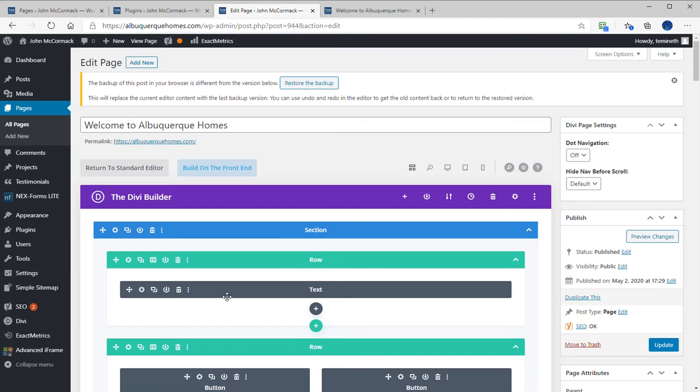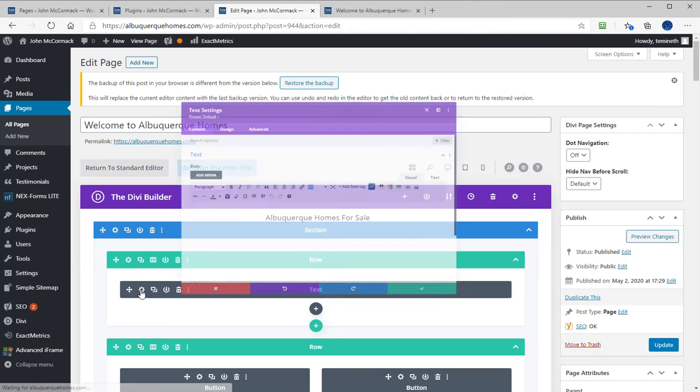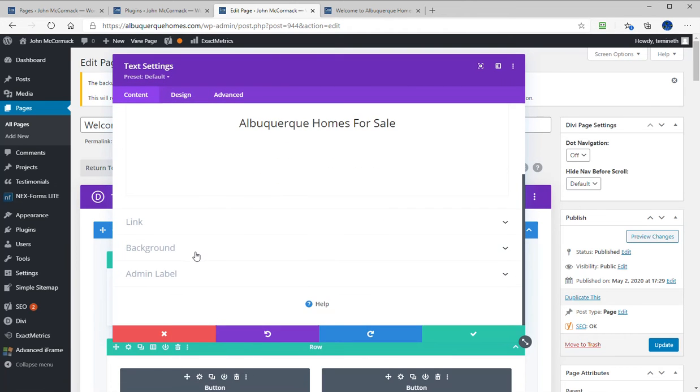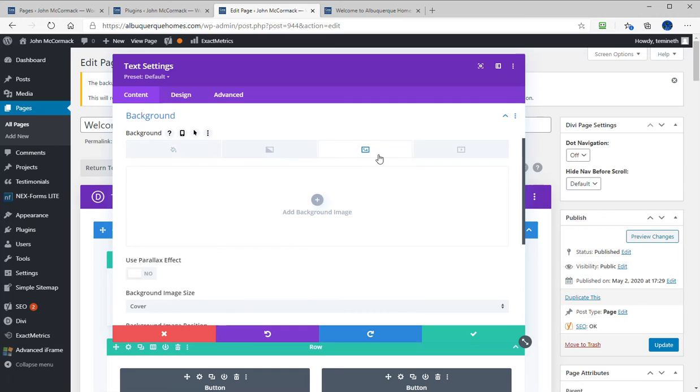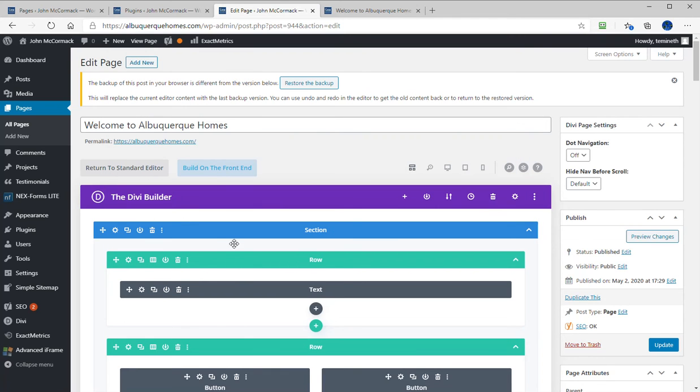Now, if it is in the text, again, you'd click on the gear, scroll down to the background, and then the background image would be here. So there are 3 different options for where the background image would be. You can generally know